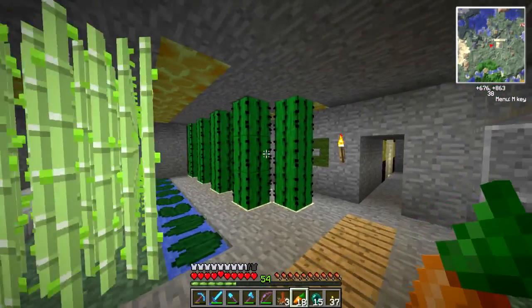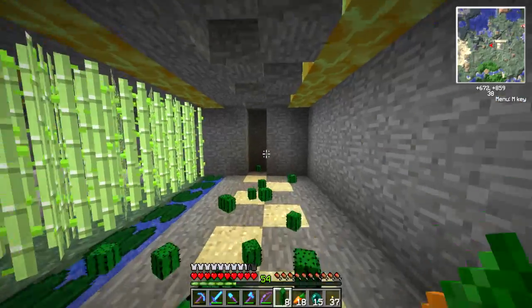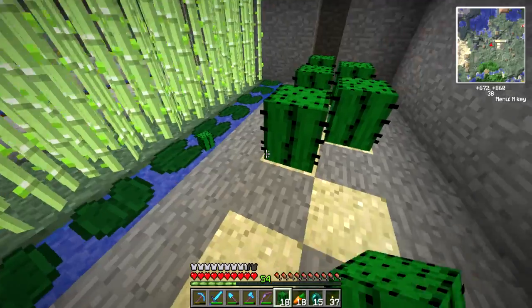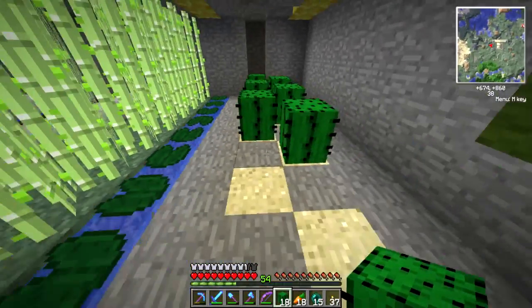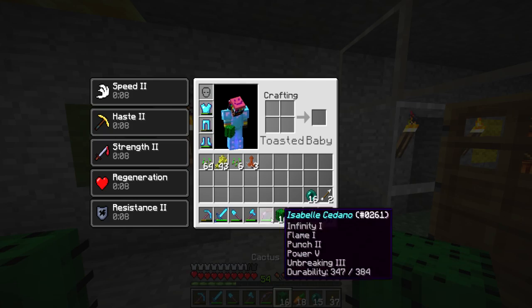Just beat it down. And then cactus farm. Uproots the cactus. Just do that and then just plant the cactus back down. Cactus, oop, there's a piece there, don't want to lose it. And just like that. And then through this little hole in the wall right here, this is where my